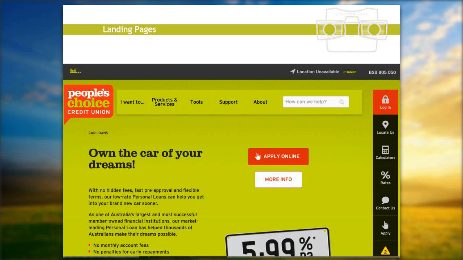How clever is that? So this is that kind of conversion from ad to landing page or whatever page you're telling them to go to your website that is just very targeted to what my search query was for. And in one hit, I have this lovely message. I can apply online or I can get more info, and I've got an interest rate there straight away. So that would be answering pretty much everything I would want to know when I've typed in that search phrase.